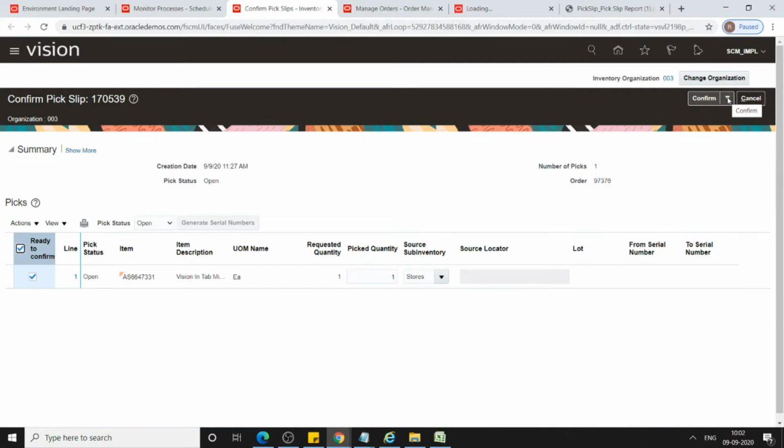Here you have another option, confirm and take me to the ship confirm page. Or, if you just want to do the pick confirm and then go to shipping, that is also fine. Instead of clicking pick confirm and going to ship confirm, I want to show another way to get to the shipping page.